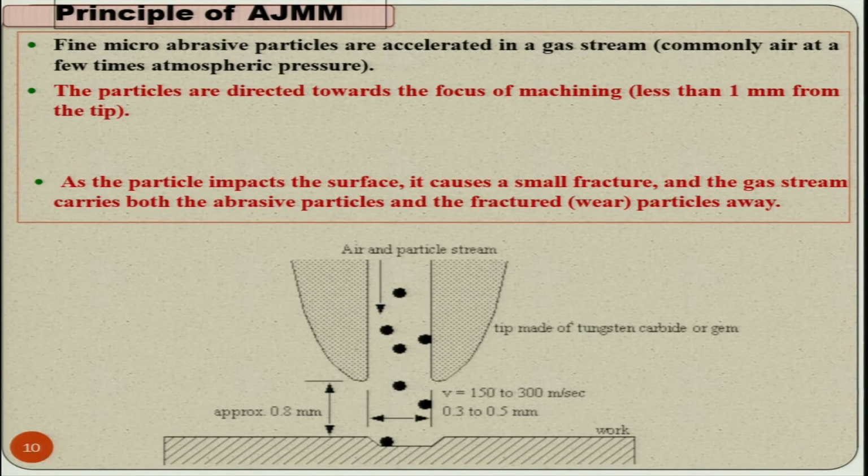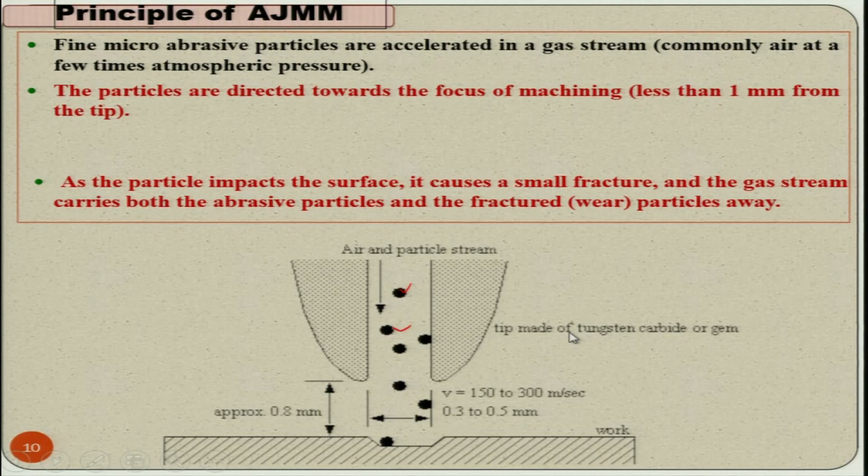As you can see here also, the abrasive particles are coming with the air. So, they are forming an abrasive air jet, and as you can see here, this abrasive particle is hitting the workpiece surface and removing the material, and the size of this cavity formed, as you can see, is slightly bigger than the diameter of the nozzle at the bottom surface, and this 0.8 is approximately the nozzle tip distance or standoff distance. The velocity here can be around 150 to 300 meter per second,